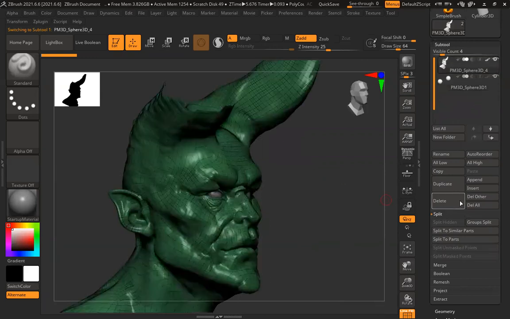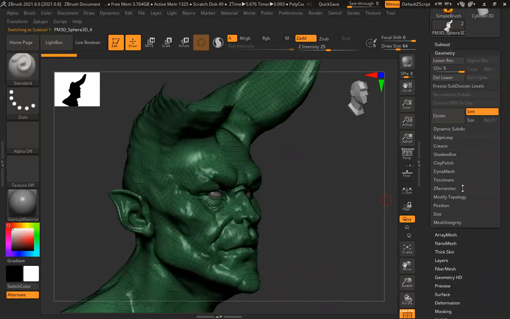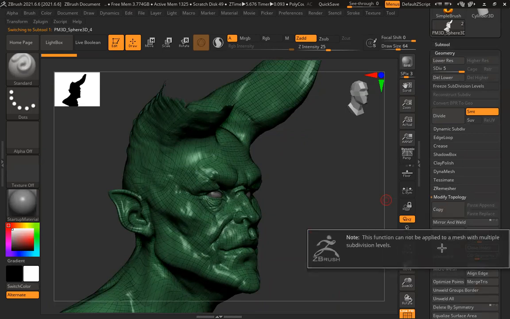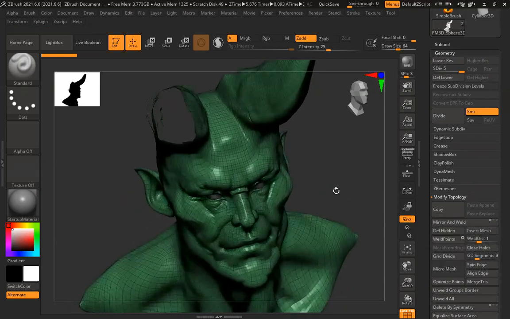Hit the head and go to geometry. Sorry, modify topology, close holes. If I close holes also, I need to delete all the subdivisions.